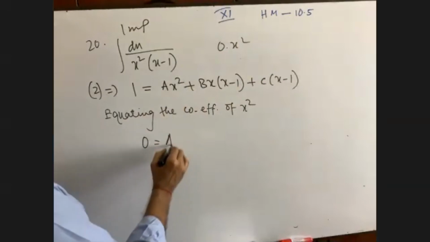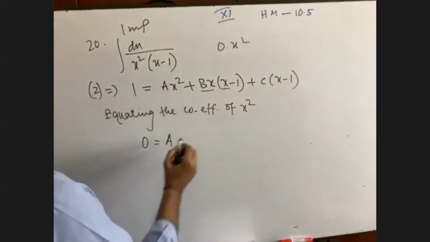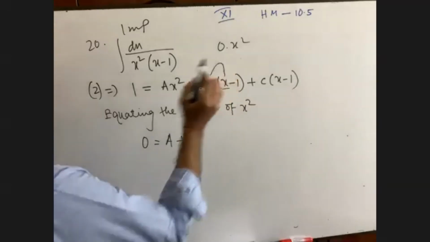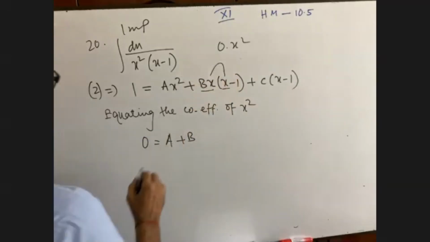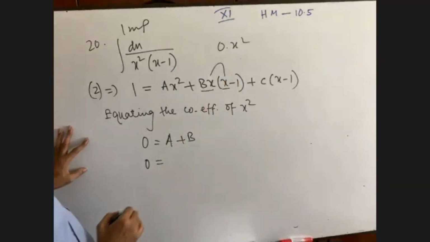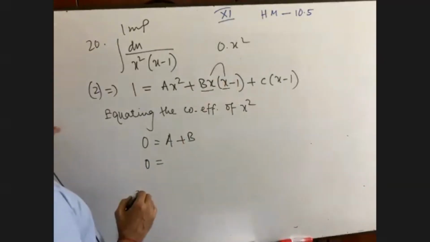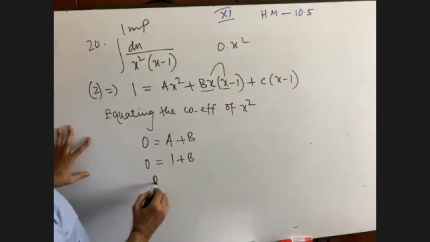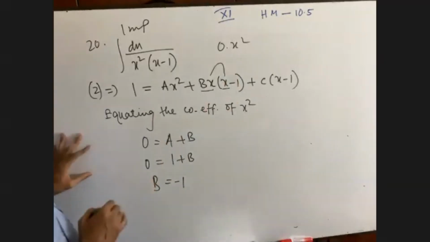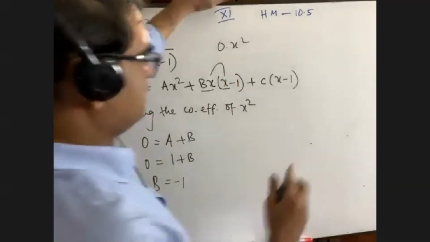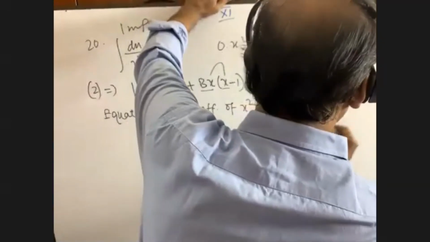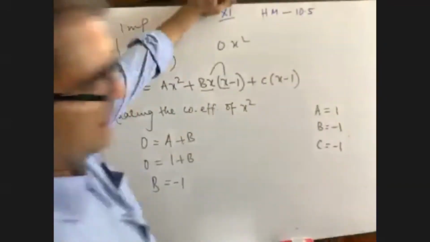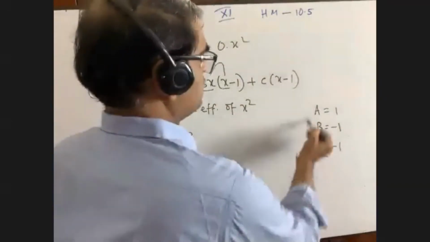It is a. Here bx into x, bx square, that is b. And there is no x square here. Here x and x will be x square. So what was the value of a? Can you let me know what was the value of a? 1? So we are getting b equals to minus 1. As a result, we have got the value of a 1, value of b minus 1, and value of c is also minus 1. Have you got all those three values? Talk to me.